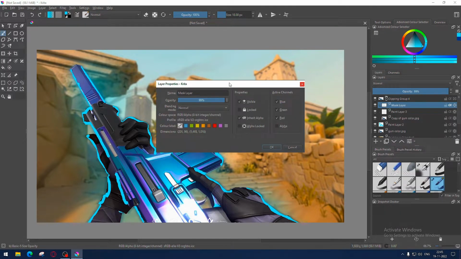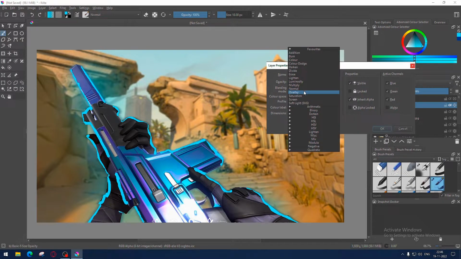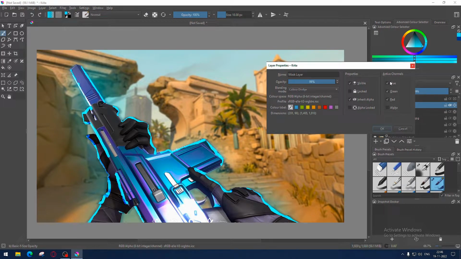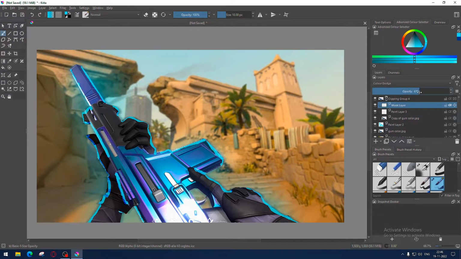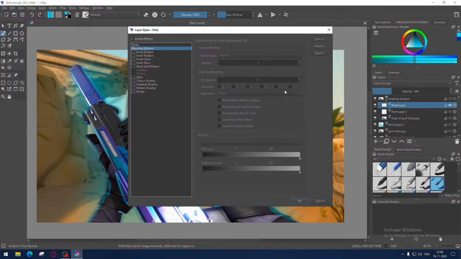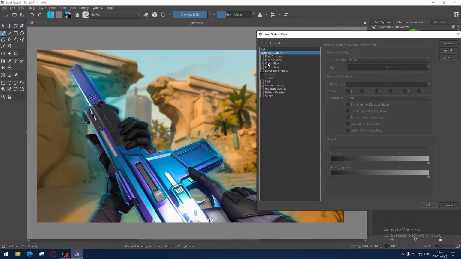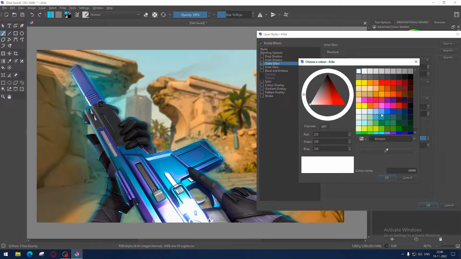And use blend and reduce opacity. Now right-click, Layer Style, Outer Glow, and adjust.